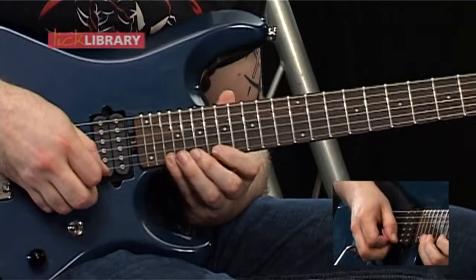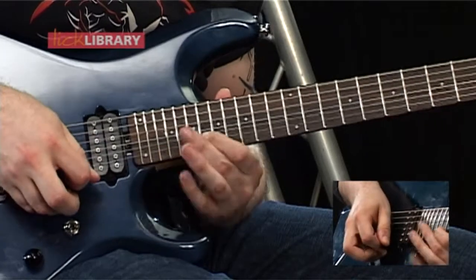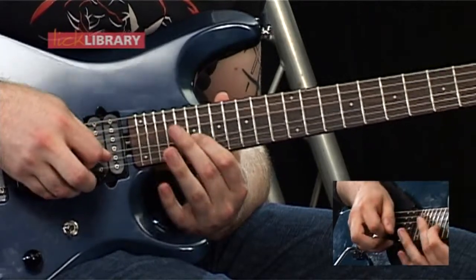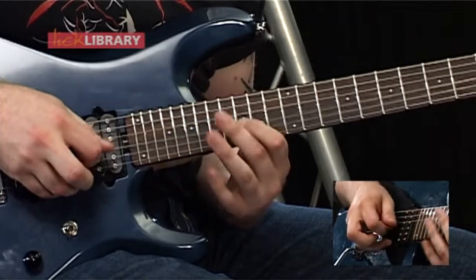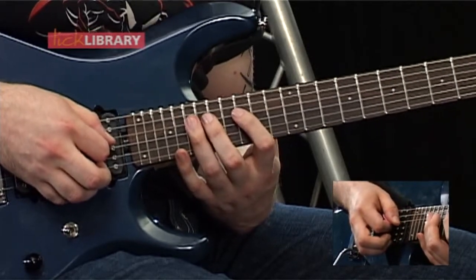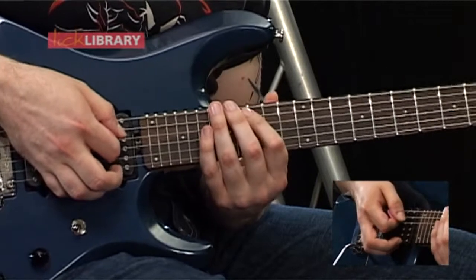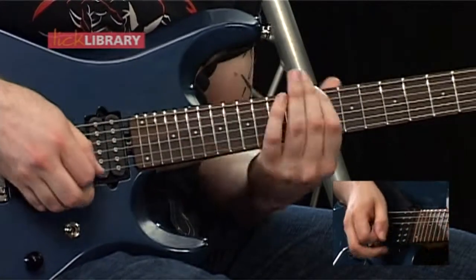Okay, so we're going to be starting on the 22nd fret on the high E, then we're going to play 18, then 20 on the B, then 19 on the G, slide down to 15 on the G, then we've got 19 on the D, pull off to 15 on the D, then 17 on the A, 18 on the low E, then finishing up on 15 on the low E. So we've got...